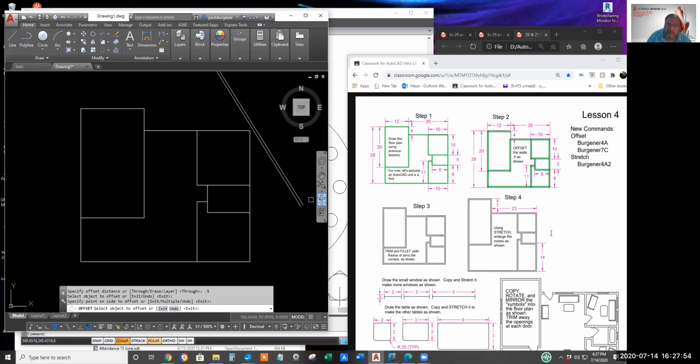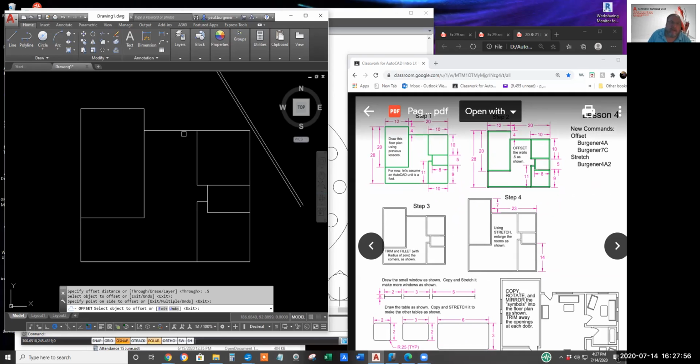I don't know how many people buy a 5-foot bathtub. Anyway, we'll click the offset command again. We've already set the offset distance to 0.5, kind of like the fillet command's radius setting. Once you set it, it stays until you change it. So we'll hit enter to say, yep, that's what I want to keep using.